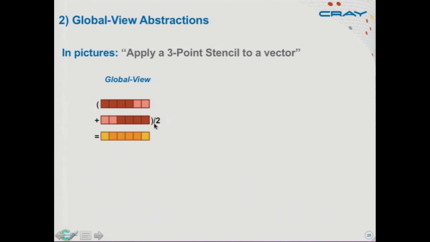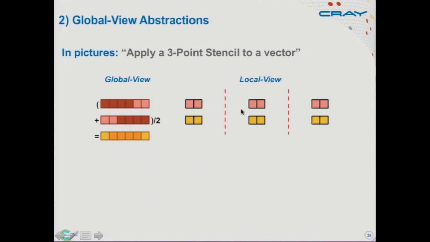So in practice today, if you're doing this on any kind of scalable machine, in almost every language you might use, the way you would write it is using a local view. You're going to write code that talks not about the algorithm overall, but about what each unit of parallelism, each task or process, should do. So one of the first things you're going to do is divide up your data structures. If I'm running on 3 tasks or processes, say, let's divide them across those tasks, so each one gets 2 elements of each of my vectors.